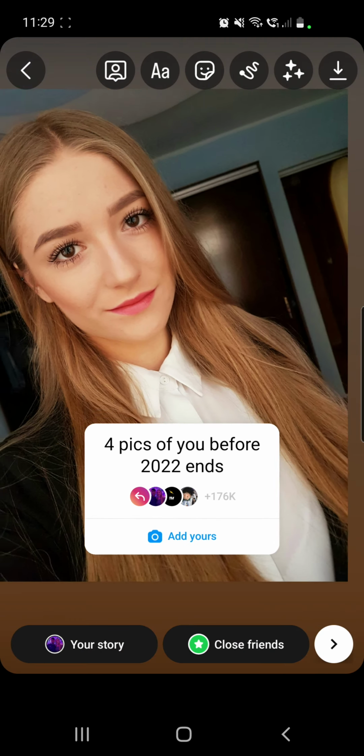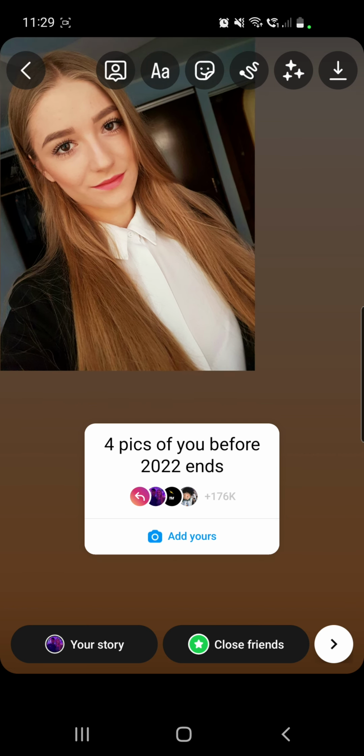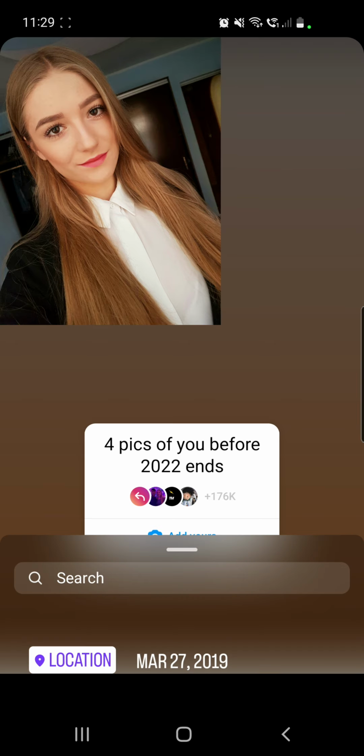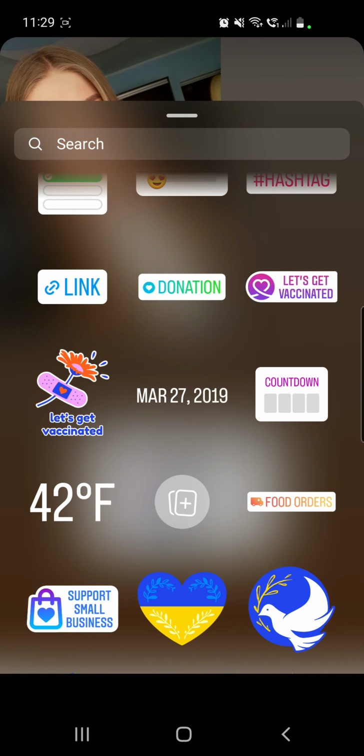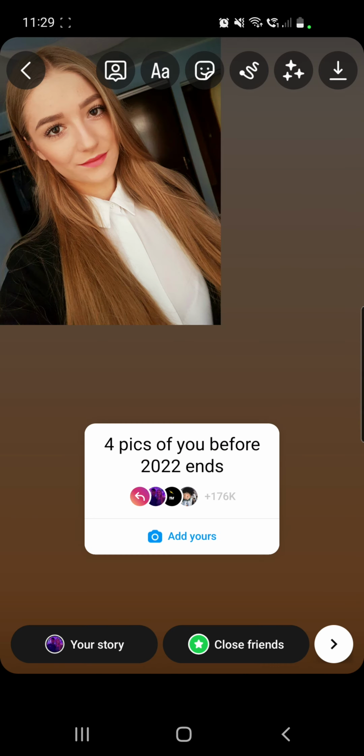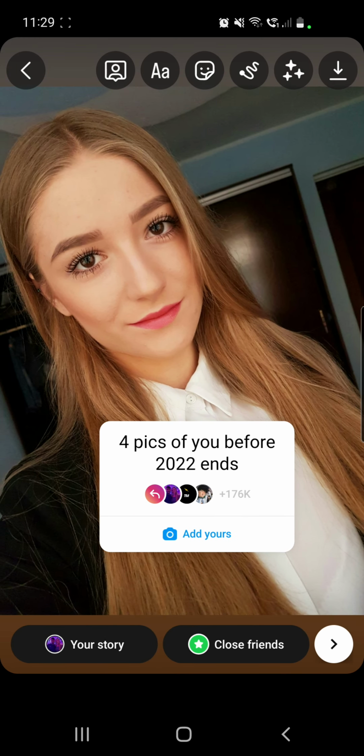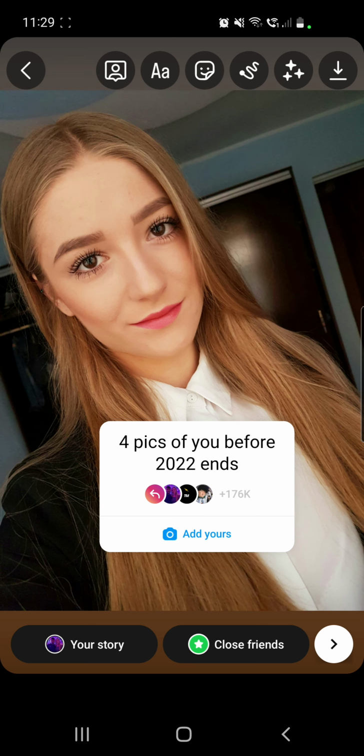Now to add a second one, you just have to place this photo in the left top corner or where you want by using your 2 fingers, and the motion is zooming in and zooming out. Then you have to go to stickers from the top of the screen, scroll down and click on this plus icon, and it will get you to the gallery once again, and you can choose your second photo, third and fourth. I will leave it just with one photo right now for the tutorial, and you just have to share